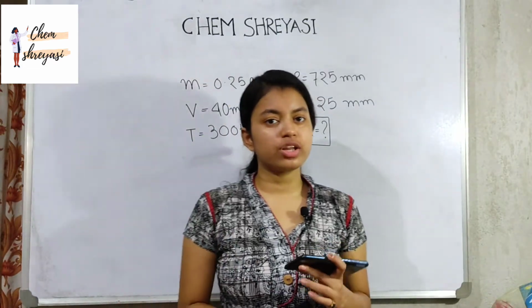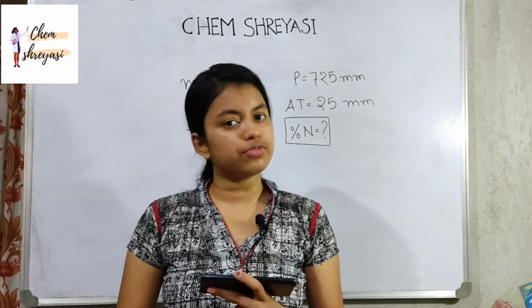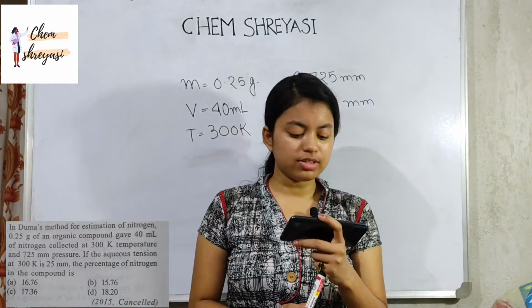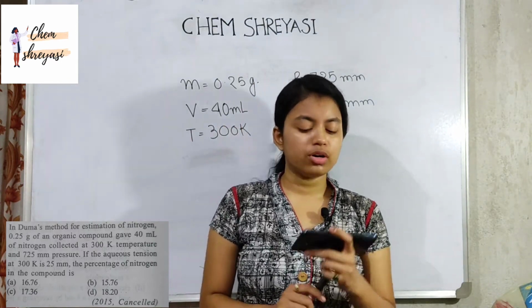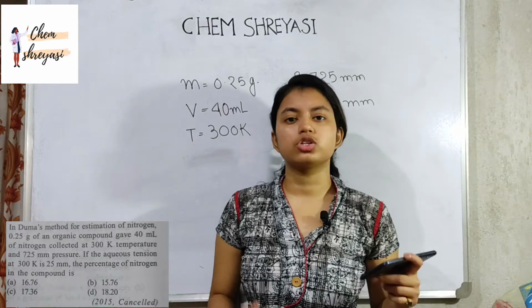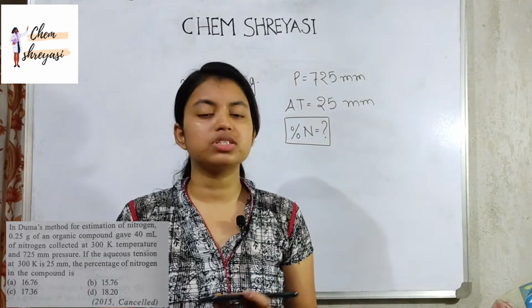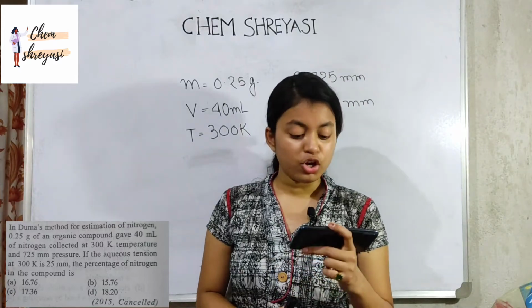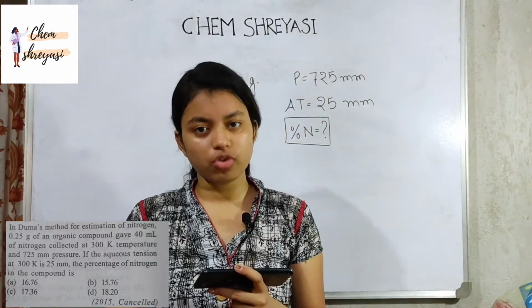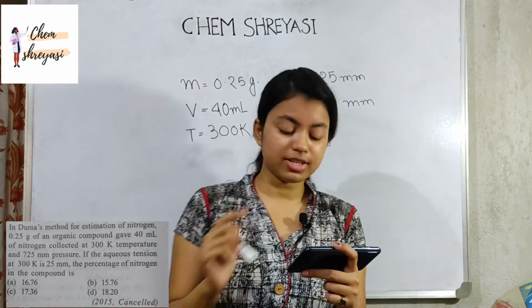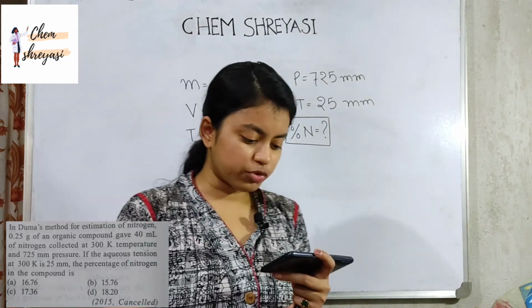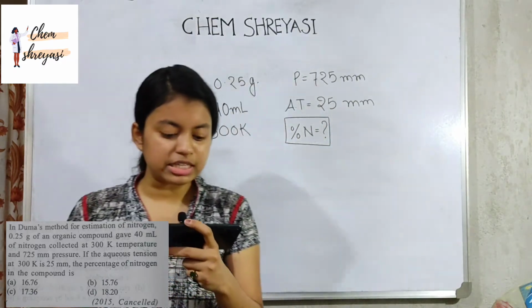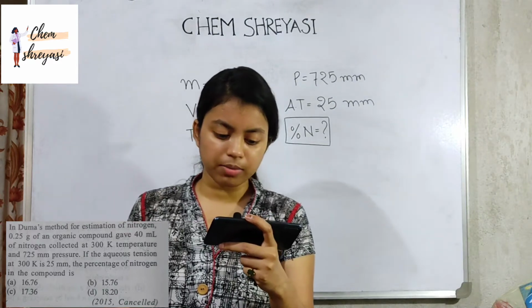My next question is from the quantitative analysis of nitrogen. We have already discussed it. This is the Dumas method. I have already told you that quantitative analysis of nitrogen can be done in 2 ways: the first one is the Dumas method and the second one is the Kjeldahl method. The next question is a numerical question from the Dumas method. So let's start. In the Dumas method, for the estimation of nitrogen, 0.25 gram of organic compound